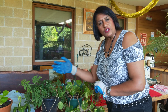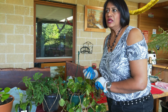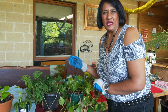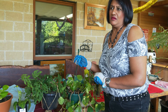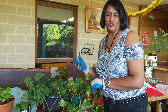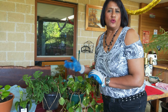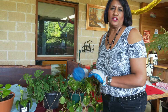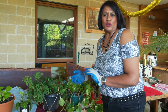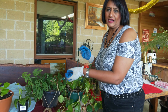Watering, of course, try to provide them with really good rainwater. They love rainwater, and they do not like any chemical based water, actually the town water or the council supply water, because normally they contain chloride and sodium or fluorides and things like that. That's why we get a lot of browning patches, and the plant can look a little bit sick with that kind of water, because this plant grows naturally under the trees,